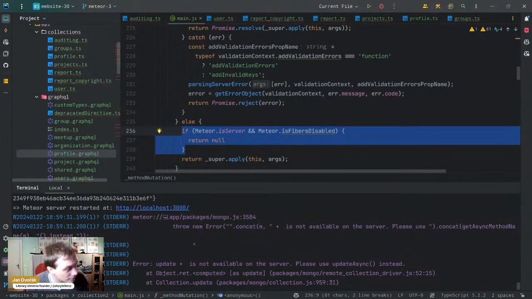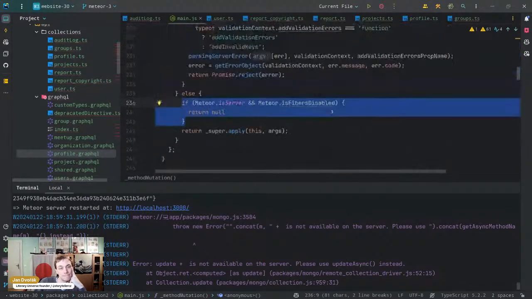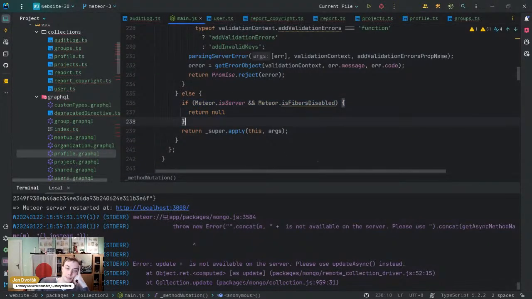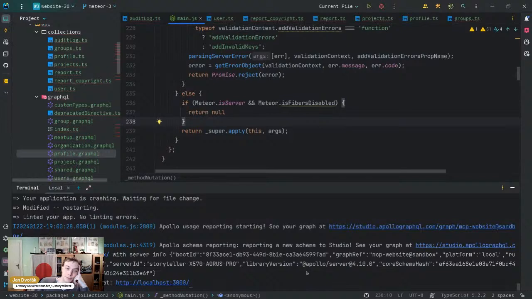So I have written to Harry, who has been spearheading the 4.0 release. So this way, at least we have a temporary fix